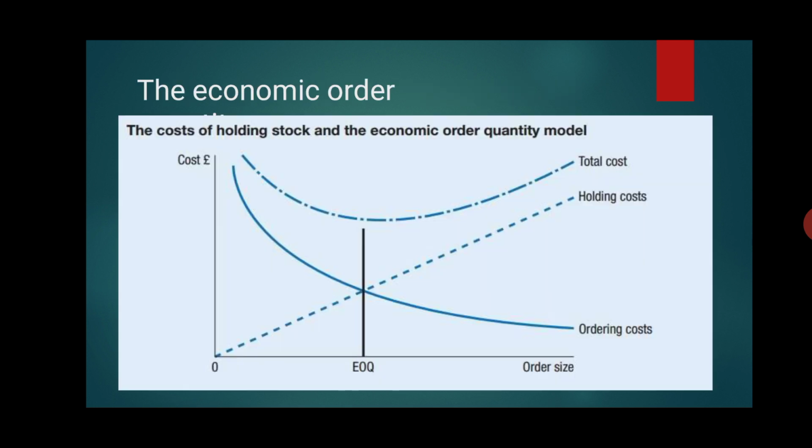This is a graph which shows the total cost, holding cost and ordering cost. Holding cost and ordering cost add up to the total cost, and the point at which holding cost, meaning carrying cost, and ordering cost meet is where the total cost is observed at its minimum. Wherever the total cost is minimum, it is the break even cost. It is the economic or optimum cost which has to be maintained for the level of inventory.